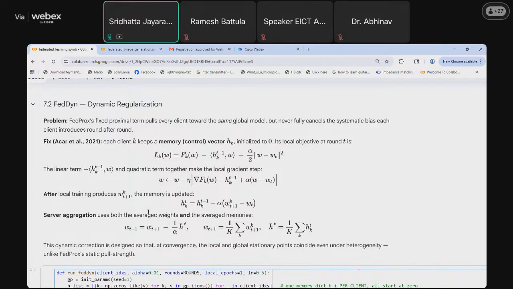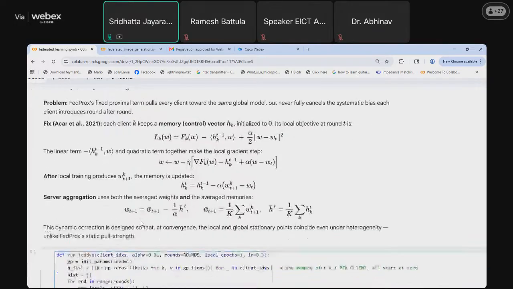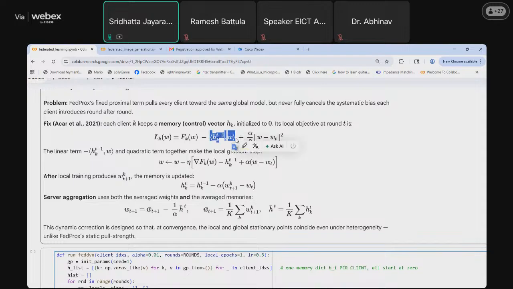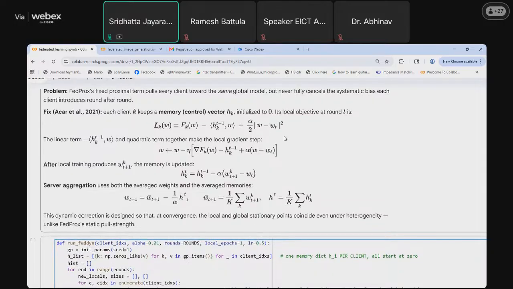So when the server weight is aggregated, the performance of the server and the client will differ. So what was thought of is why not make these updates very smooth across the client by introducing this extra h_t memory vector and a regularizer using L2 norm.